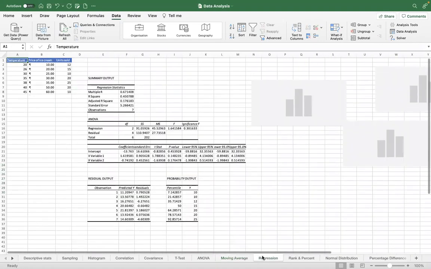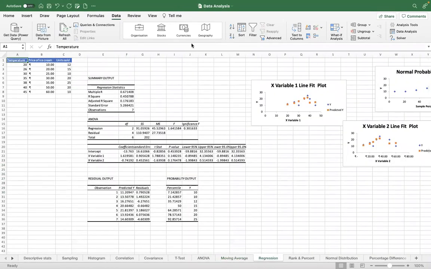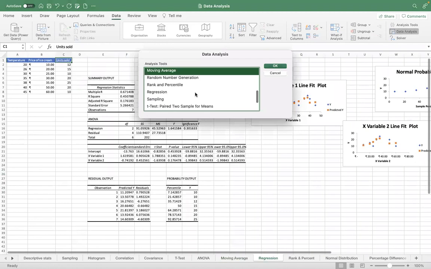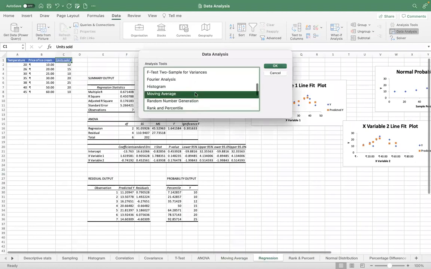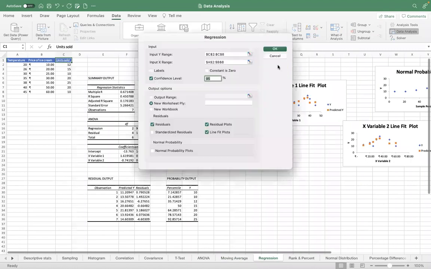Nice. Moving on to regression. Now, again, you have the option to do linear regression as well in Excel. So it is actually linear regression, and now it will take independent and dependent variables both. So again, go to data analysis, go to regression, click on OK, and then